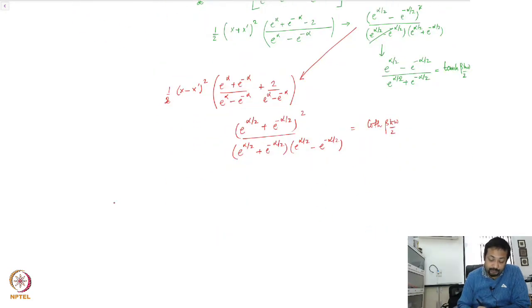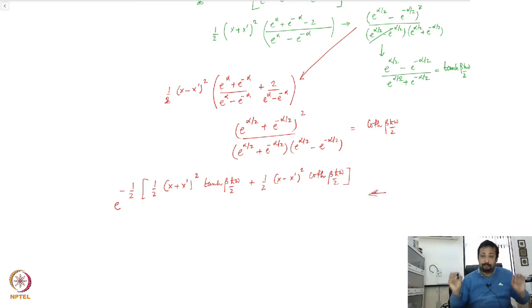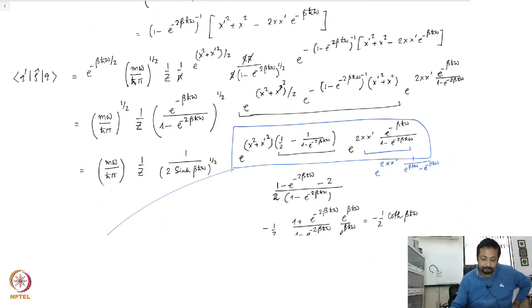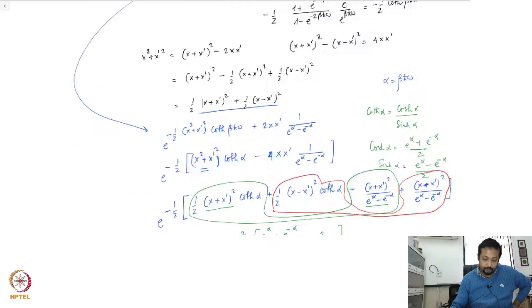So your expression for the exponential then reduces to minus half (x plus x prime) whole square tanh beta h bar omega by 2, plus half (x minus x prime) whole square coth beta h bar omega by 2. It's a very elegant expression. This is the term, we'll keep it in our record, in our memory, and then we have